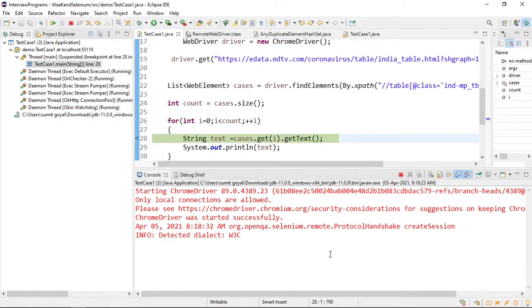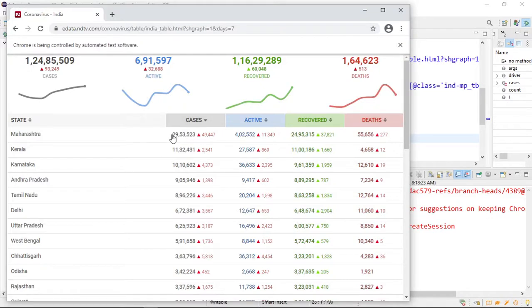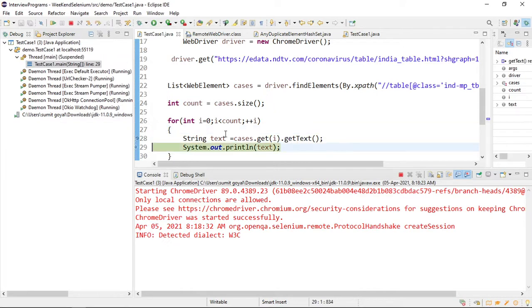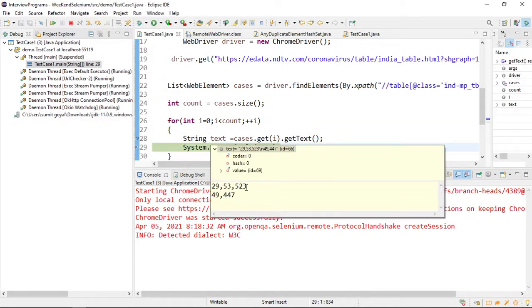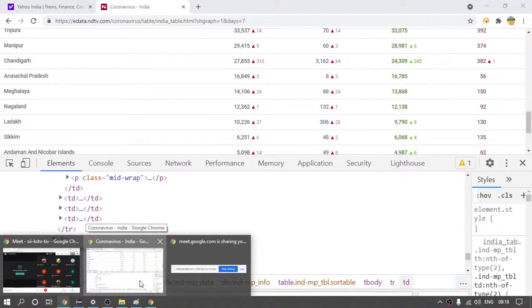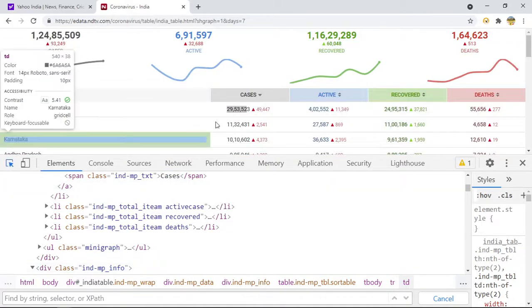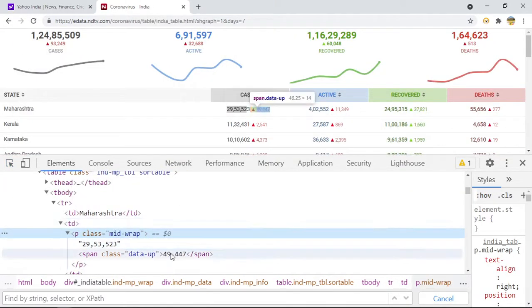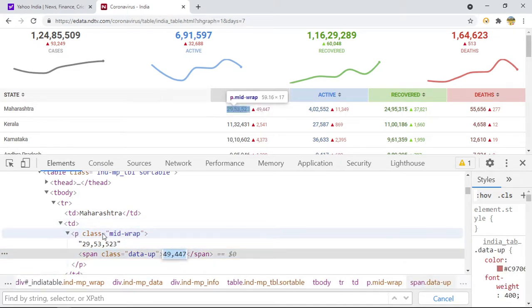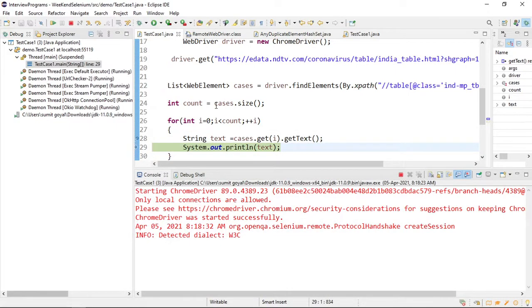so now we are here. So what is case number 1? Case number 1 is this. So at index number 0, this will be present, 2953523. You can see, as I have told, that even if you have written the XPath till here, /p, as this is also present inside this, these two data are present, so both the texts will be fetched and they will be displayed like this.